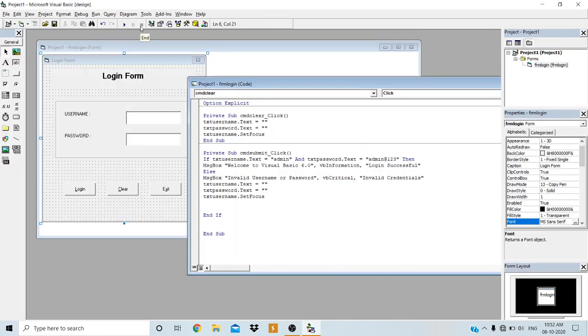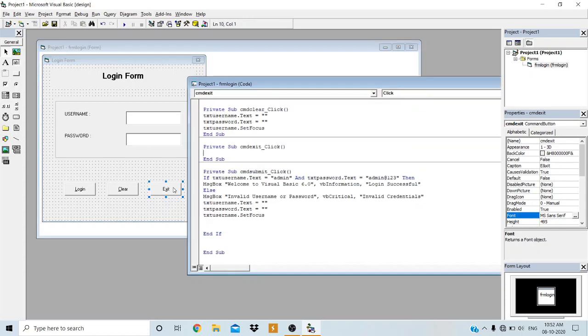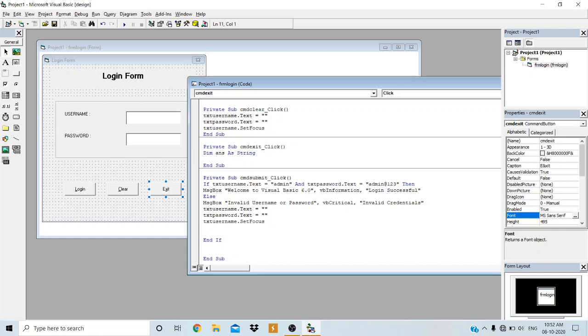Then we have to write the code for the other command button, that is exit. So what should the exit button do? It has to exit, the application has to be exited. Okay, so now just observe the code: Dim ans as String. I will explain why I have taken this variable. Then ans equal to